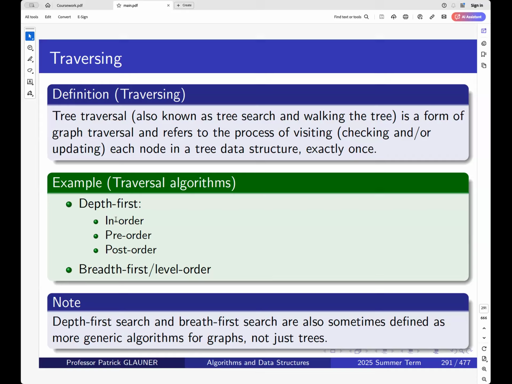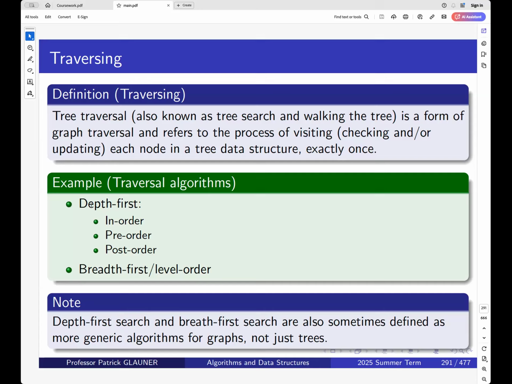4 main traversal algorithms. I'll mention their names first, and we will soon visualize them. There is an in-order, a pre-order, and a post-order. You'll see in 2 minutes what in-order, pre-order, and post-order mean. They are all very similar, and they are so-called depth-first methods. And there is another tree traversal, which is called level order, which works totally different, and that's a so-called breadth-first